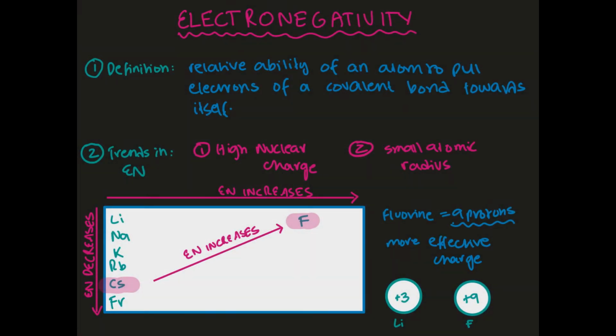Hi guys, today we're going to be talking about electronegativity. So the first thing that we're going to be looking at is the definition of electronegativity. Electronegativity is the relative ability of an atom to pull electrons towards itself. And electronegativity is affected by two main things: nuclear charge and atomic radius. So the higher your nuclear charge and the smaller your atomic radius, the more electronegative your element is going to